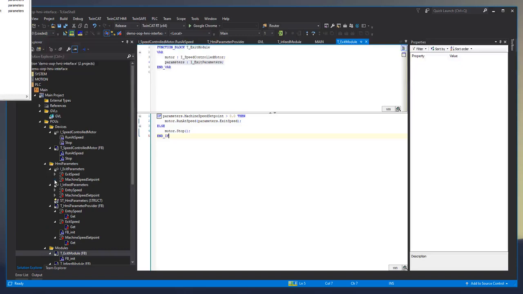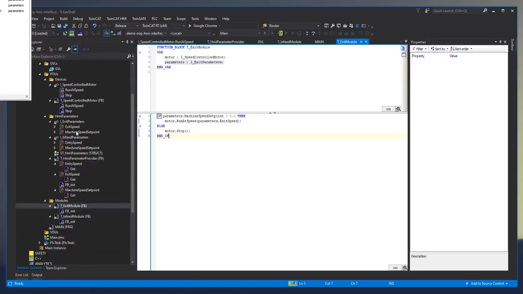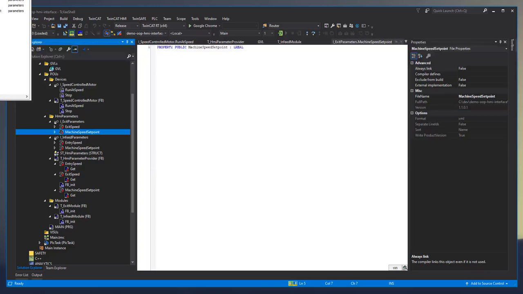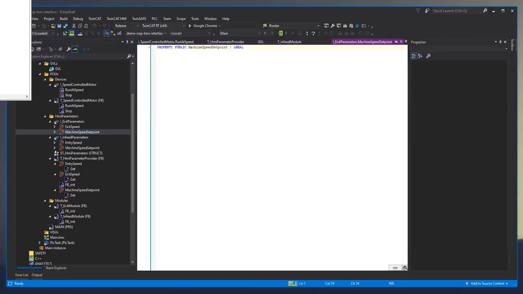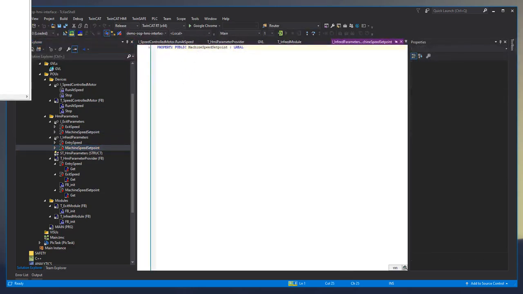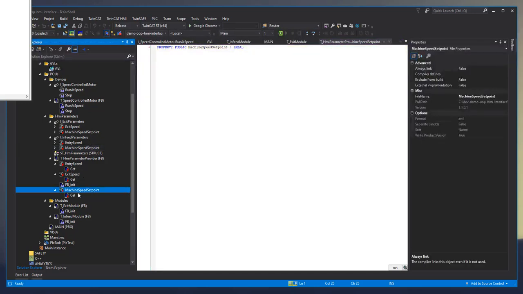So if we have a look at the HMI, we'll do machine set point speed. So I don't think that's doing any updates for us. So machine set point is in the exit module, so that's that exit one. So we can see it'll actually drive in and tell us where it's being used as an interface. And then if I do it on this one, machine set point speed,